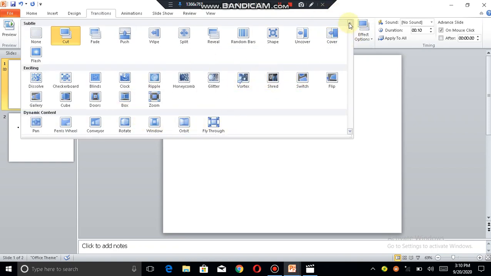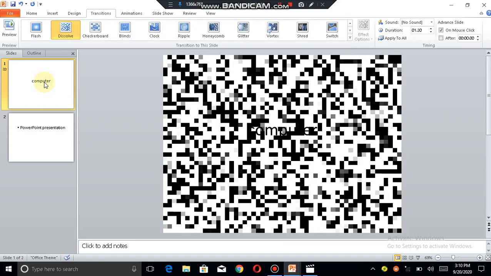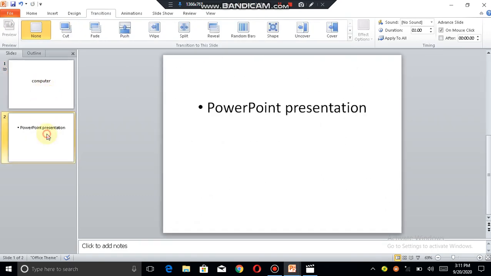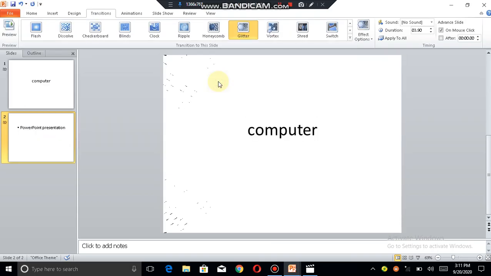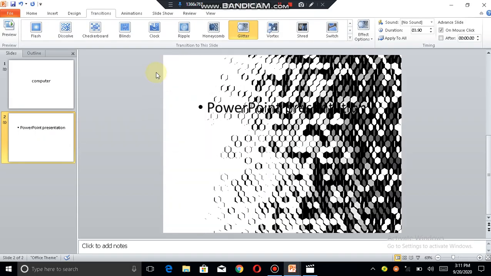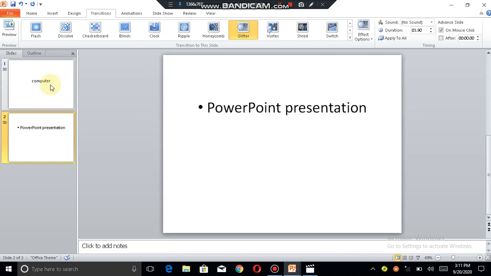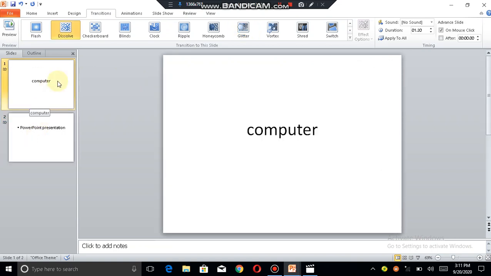After clicking on the drop down arrow, you can see more of the transitions. I am selecting the second one now. I am selecting the transition effects for my second slide here. Okay, so this way you can add transitions to your slide.